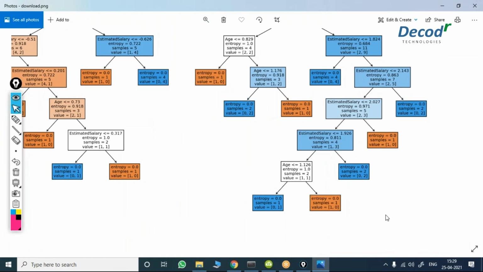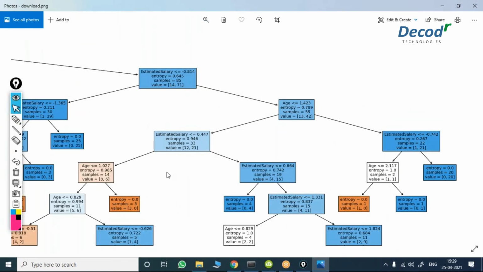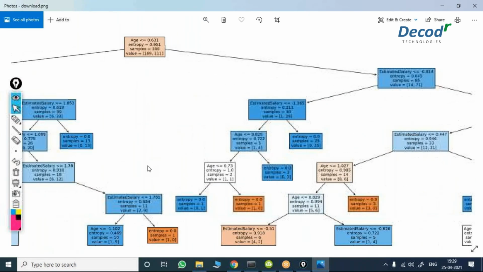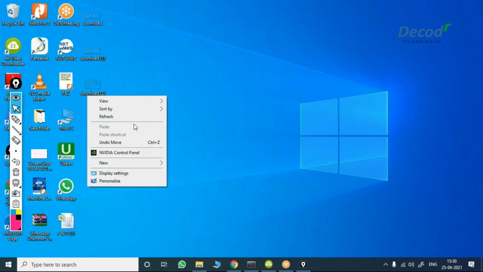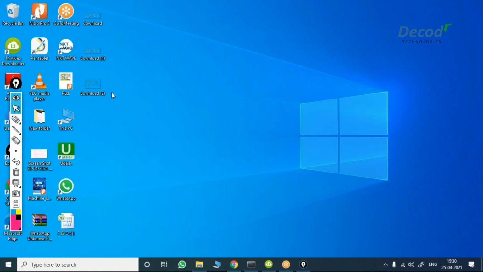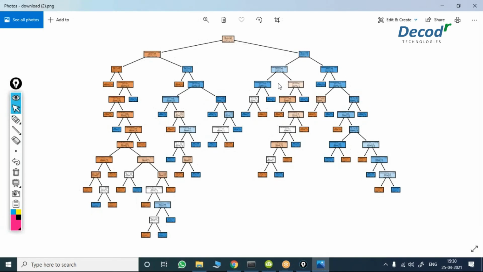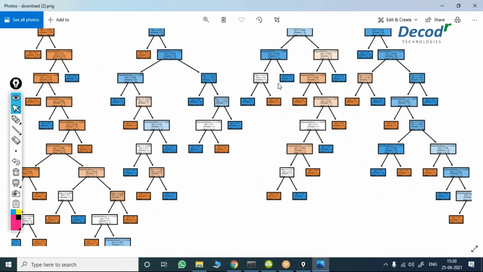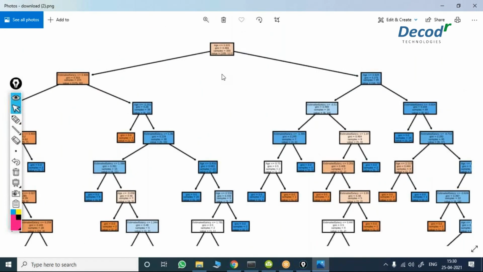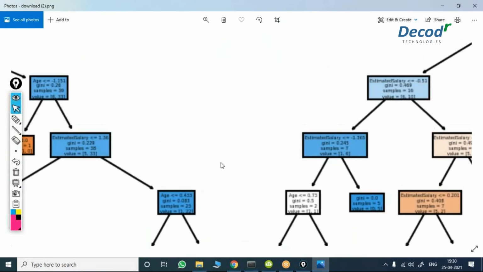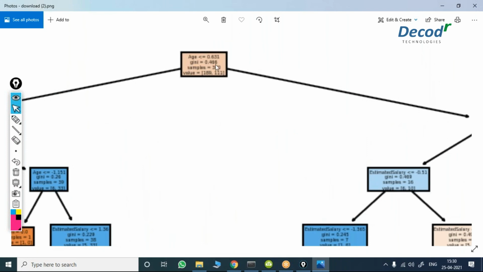Here, if you observe in this decision tree, this is the old one. Here I took entropy, so it is calculating based on the entropy and selecting the root node. Now if I select this new image, this is my new image. Instead of entropy, it is calculating the Gini value.